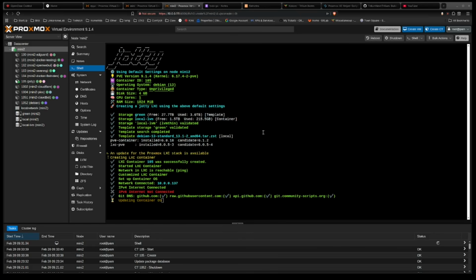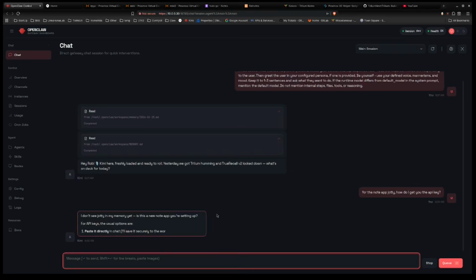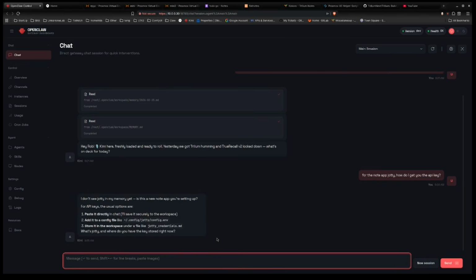So while it's doing that, for the note app Jotty, generally this is how I do installing things like this all the time. I basically do an interactive install with